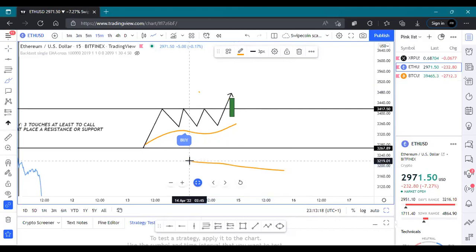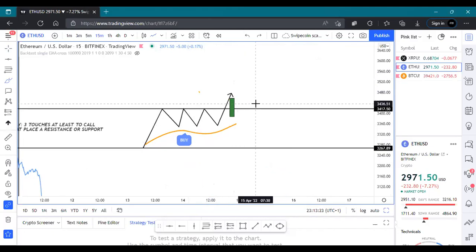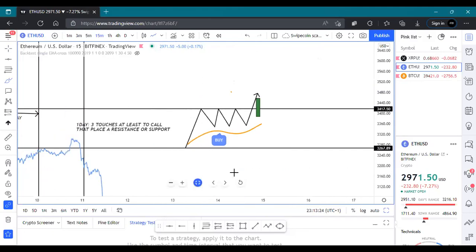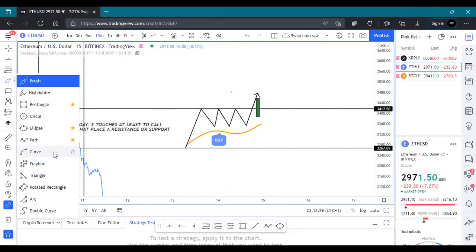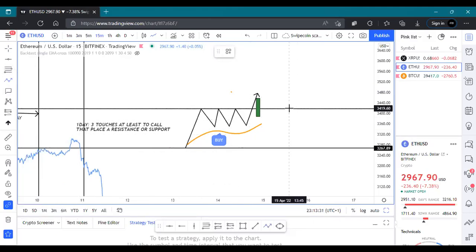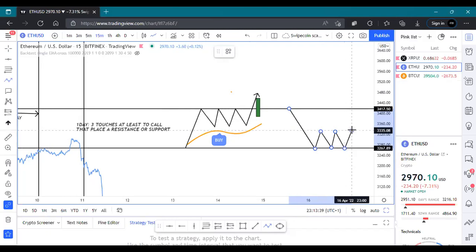Now, on the other hand, let me show us for a sell, then I'll show us examples real quick. It's not difficult. On the other hand, this is what we're looking for. If it's a sell, we're looking for bounces at a support, 3 touches. If there are 3 touches at a support, and we finally get a break and close below,